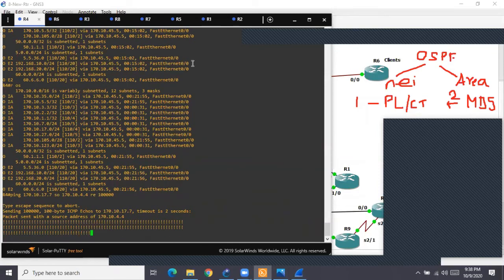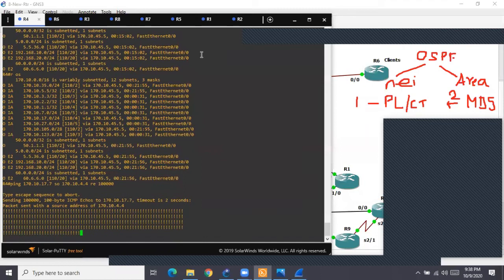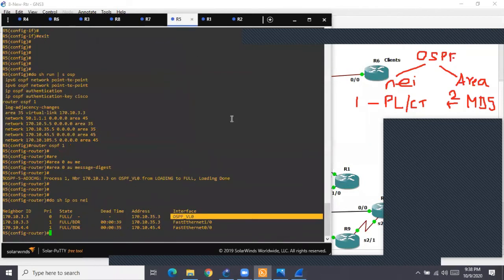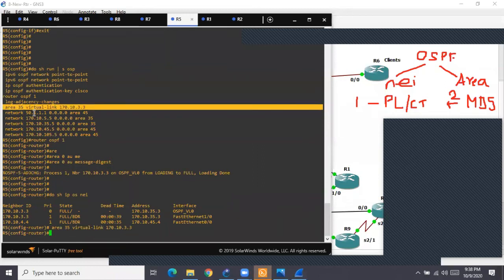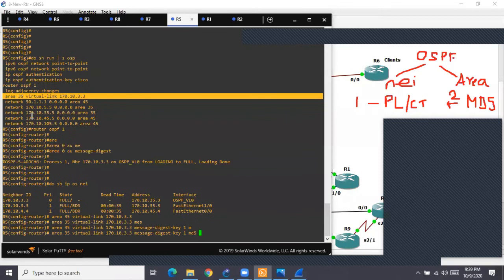So just enable, that's it. But if we want to specify a password to be used, can we do that? Yes, we can do that also. Now I'll show you how to set the password on the virtual link. Copy paste the command, whatever the command is there. Bring the command back, and after that, what type of authentication did you enable? Message digest. So same command, message-digest-key ID 1 md5, same command.